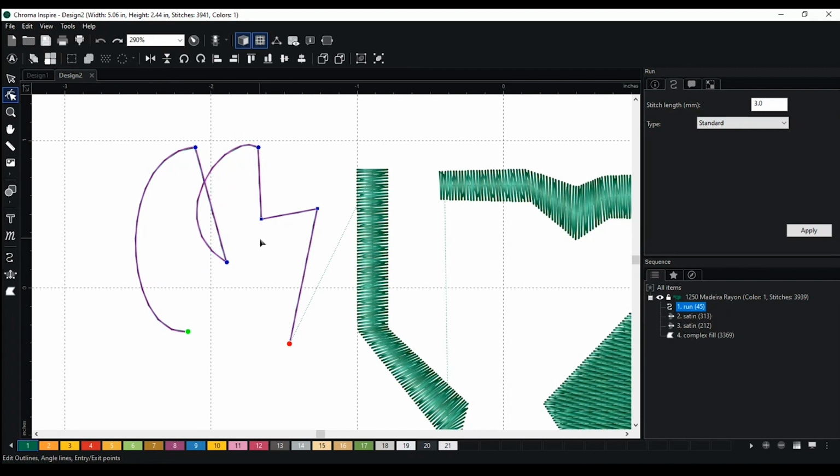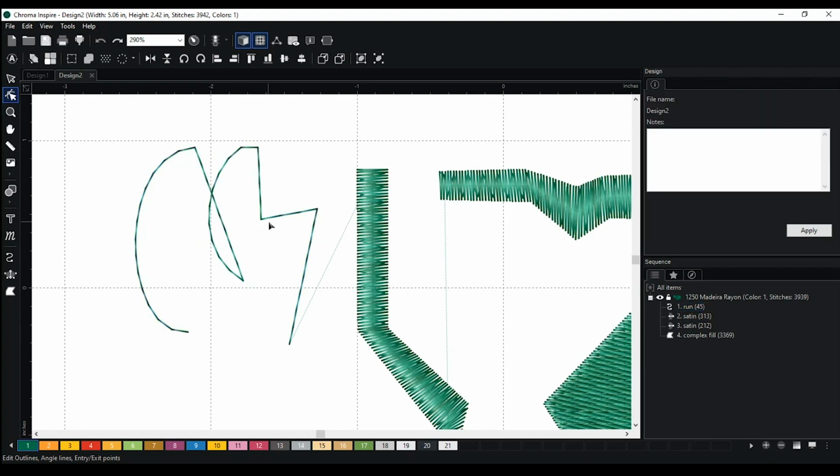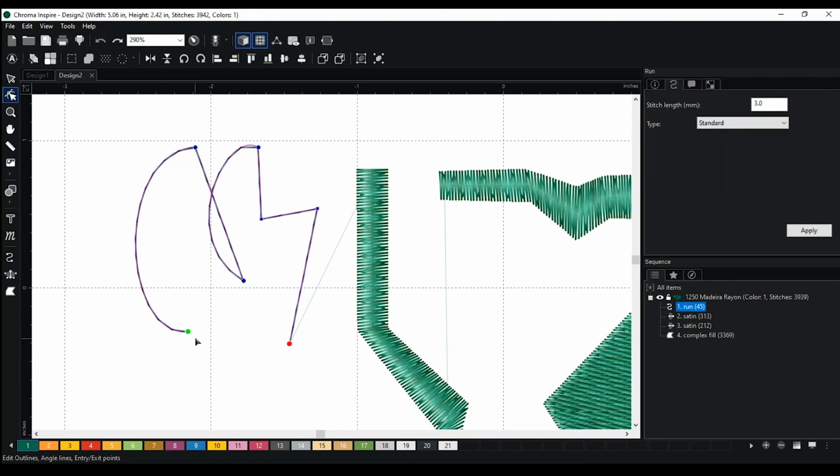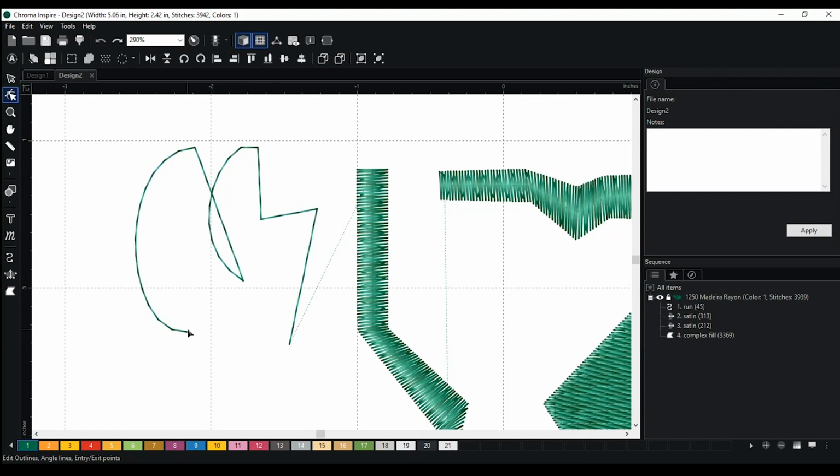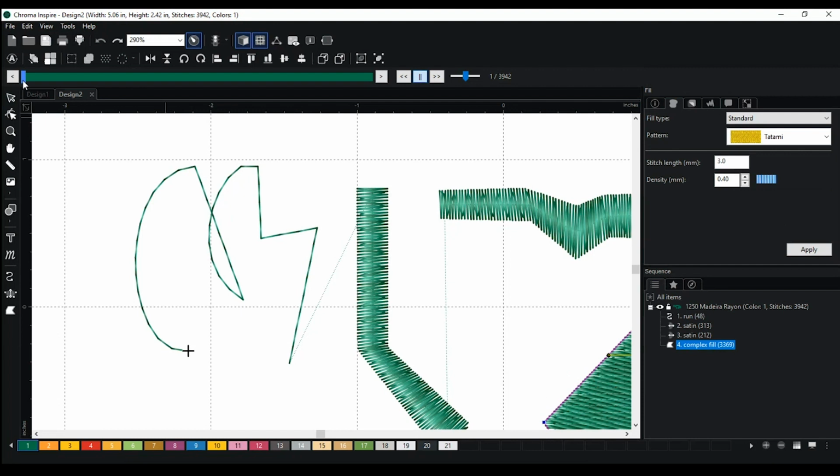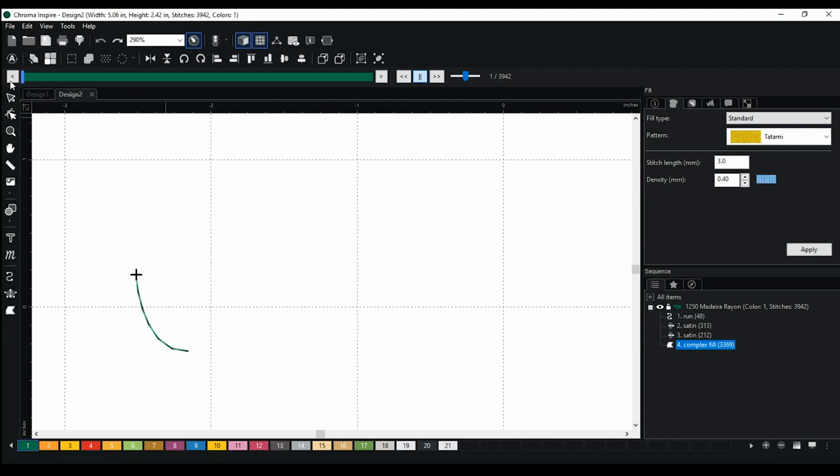Anytime you make a change, you can easily right-click on the screen and it will show you your updated path. So I have circle points, I have square points, and then I also have a green and red dot, and what those are showing me is my start and stop points. So this shape is actually going to begin at the bottom left and it will end at the bottom right. And we can actually see that if we click on our slow redraw, it's very quick,